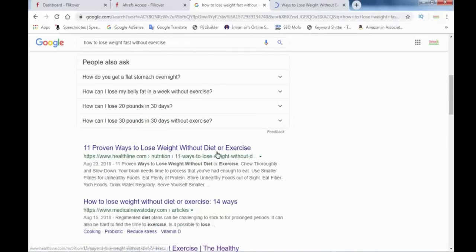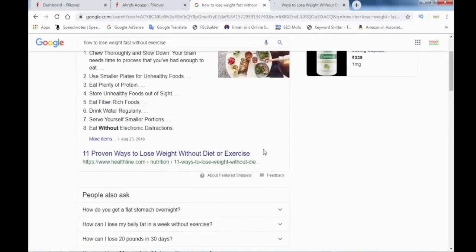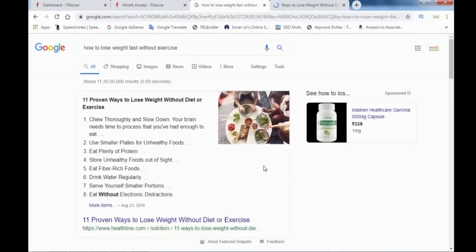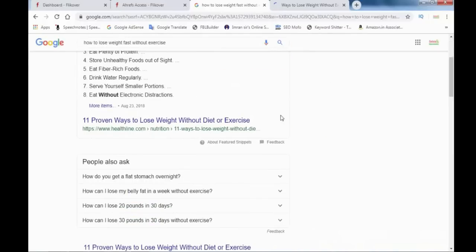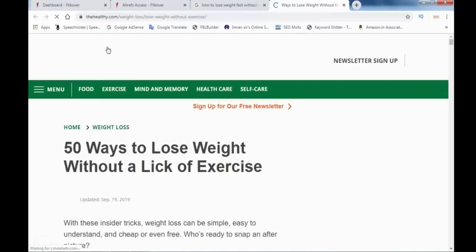So you can also rank any of your keywords, long tail or short tail. You only need to rank on the first page. It is not important whether you work on white hat or black hat. Any method you want to use, you only need to rank any keyword on Google's first page from your website.